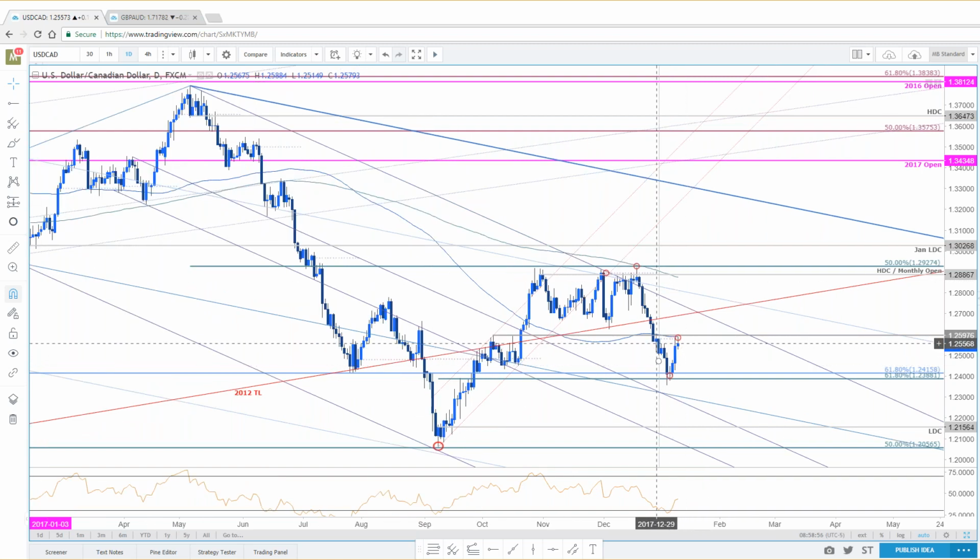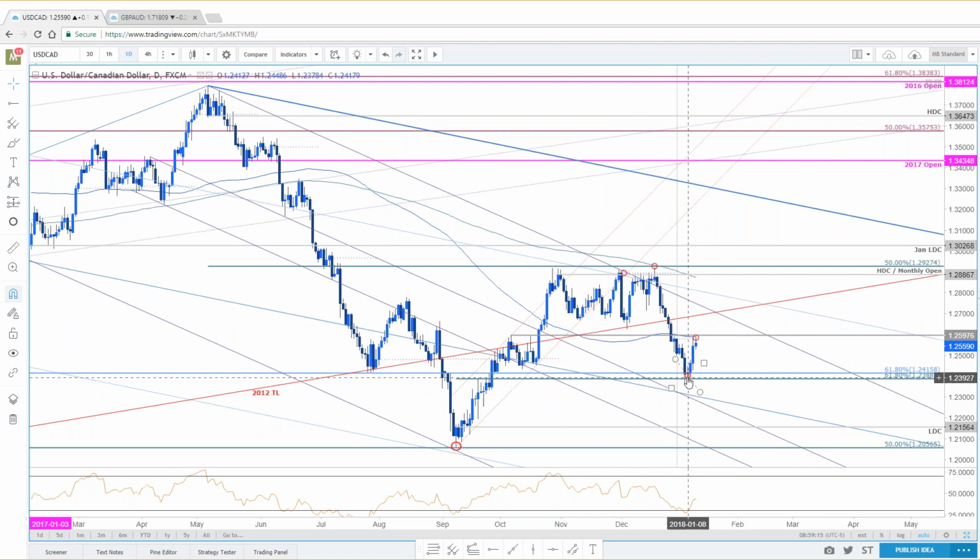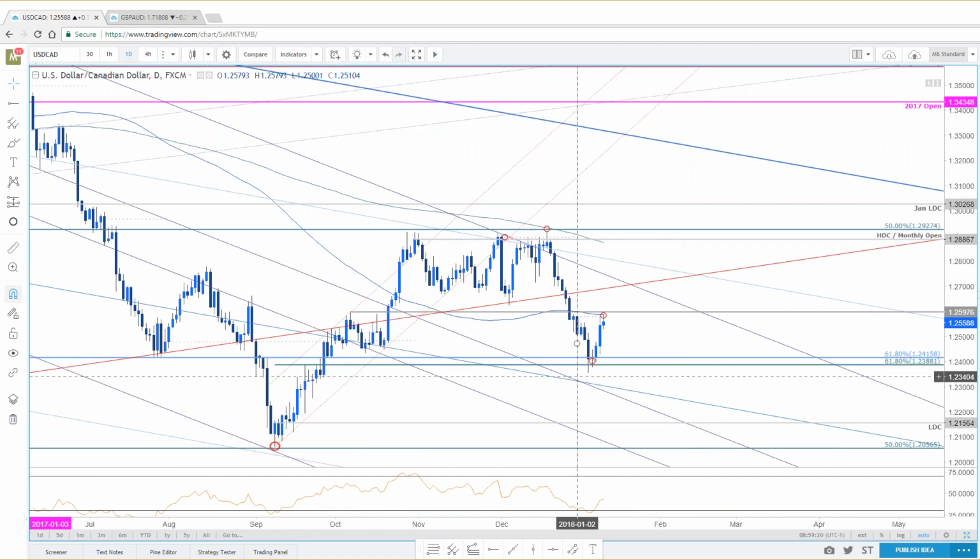The monthly open resistance comes in right here at 1.2579. Just higher, you have those former swing highs, 1.2597, and the 100-day moving average. So, full round trip, clean monthly opening range. We're now at resistance. Look for a break of this range for a more definitive medium-term bias. The level off of which we rebounded, we talked about this in depth at the beginning of this week, the fact that the close on Friday right above that level, or the failure to close below that region, really kept this in a precarious position for more of a stern rebound.